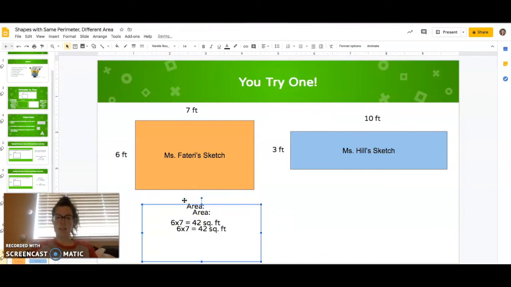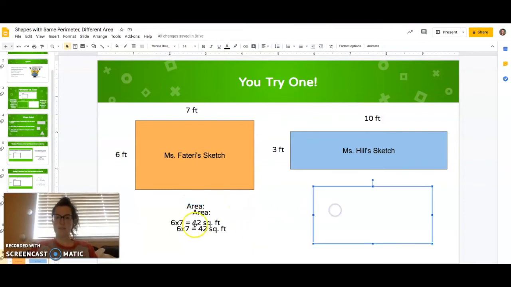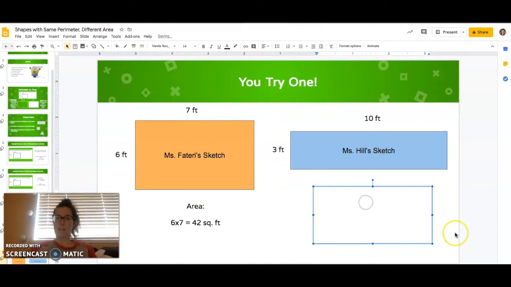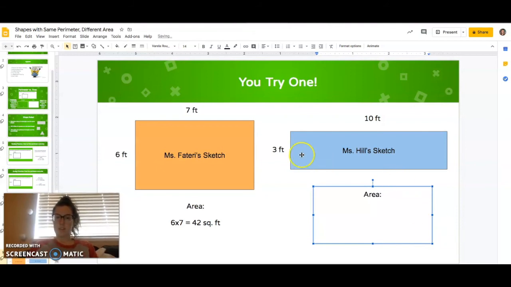Okay, time to find out if Miss Hill's has a greater area than Miss Fateri's. Let's see. So I'm going to multiply length times width. 3 times 10. Well, I know that 10 times 3 is 30, so 3 times 10 is also 30. Can't forget to say square